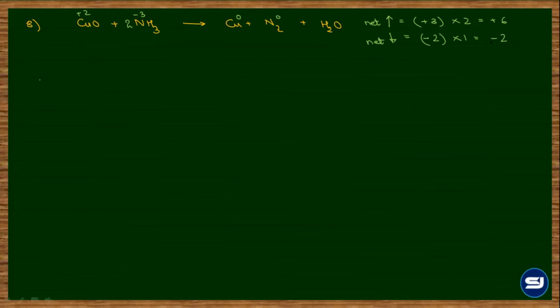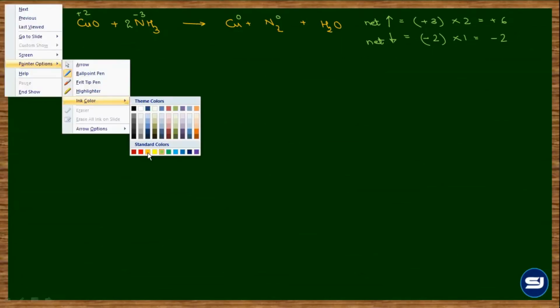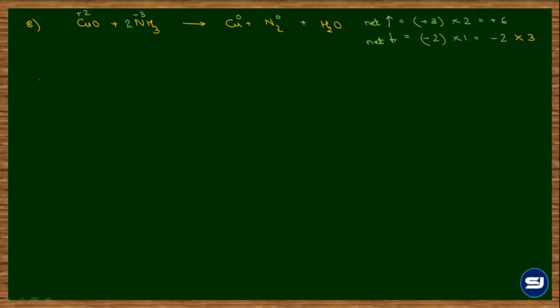Correct? Yes, sir. And to balance, you have to multiply this minus 2 wala part by 3. So -2 किसका चेंज है? Copper. So कॉपर वाले स्पीशीज को मल्टीप्लाई बाय 3 ऑन both sides. हो गया स्टेप 4. ठीक है. फिर ऑक्सीजन का स्टेप आएगा, 3 ऑक्सीजन ऑन द लेफ्ट एंड 1 ऑन द राइट. सो आई विल बी एडिंग 2 H2O. सो जब 2 H2O और 1 H2O ऐड हो जाएगा कलेक्टिवली 3 H2O लिख सकता हूं. क्लियर? Yes, sir.